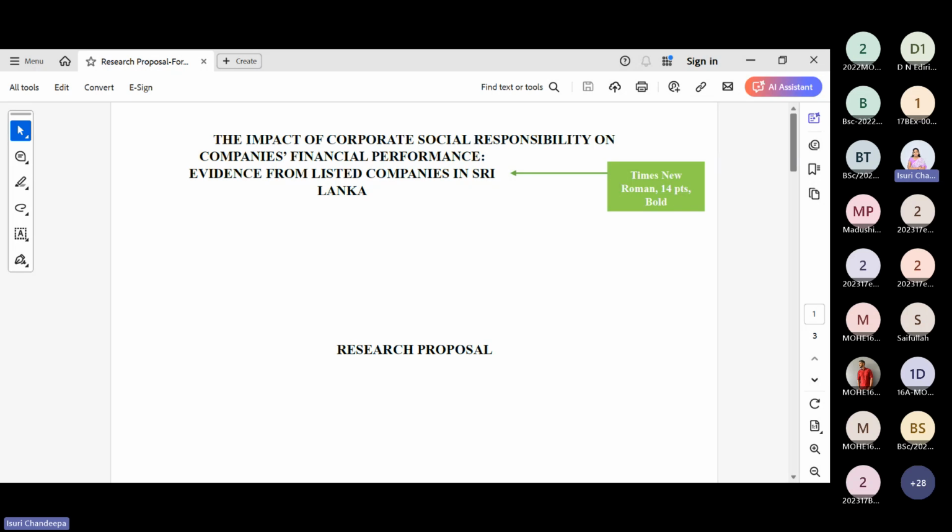Everywhere you say corporate social responsibility. Everywhere you say financial performance. So several times you are taking the social responsibilities, corporate social responsibilities and the firm